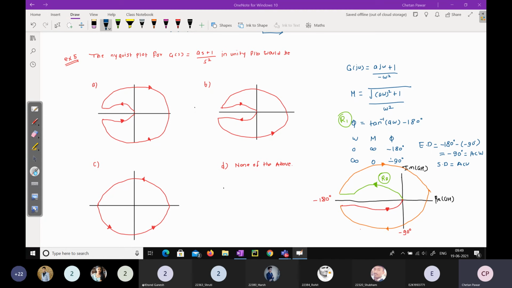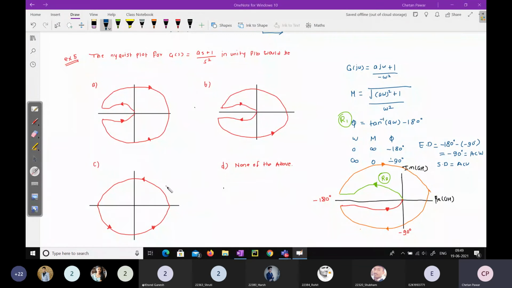So there are 2 systems, open loop system and closed loop system. We have seen when the loop gets disconnected, G(s)H(s) is the open loop transfer function. And what is the closed loop transfer function? G(s) upon 1 plus G(s)H(s). That is the closed loop transfer function. We need to determine the closed loop system using the open loop transfer function. That is the concept here, because we draw the polar plot, Nyquist plot or Bode plot for the open loop transfer function only. Like this way we can conclude this topic here.